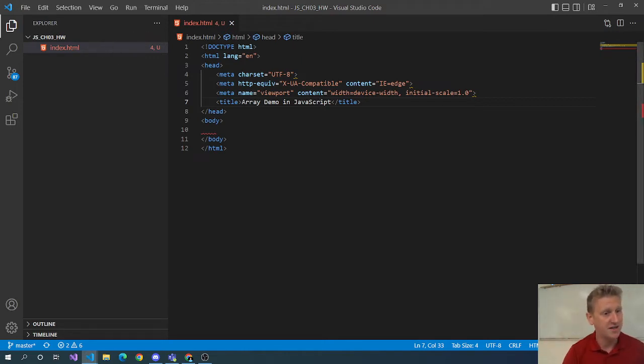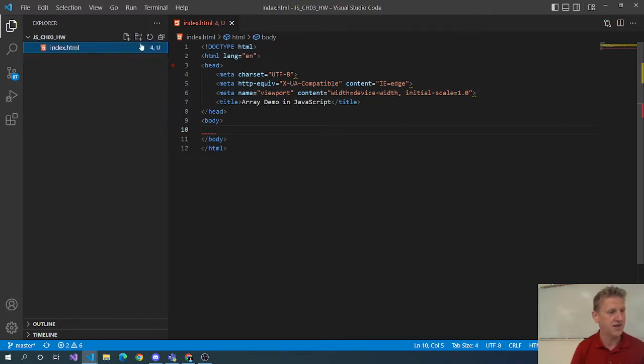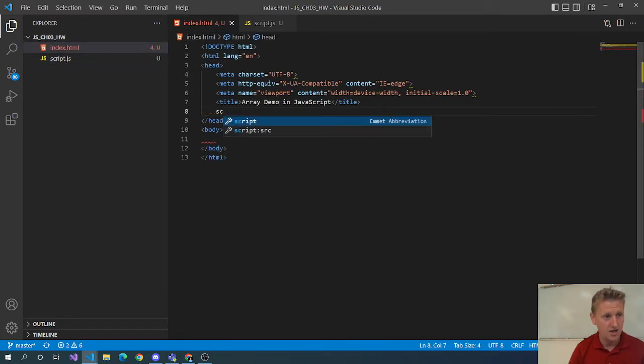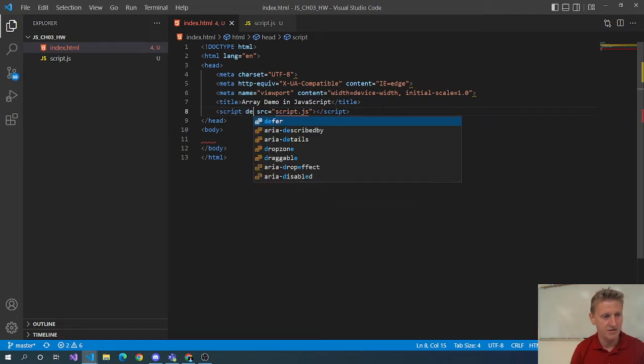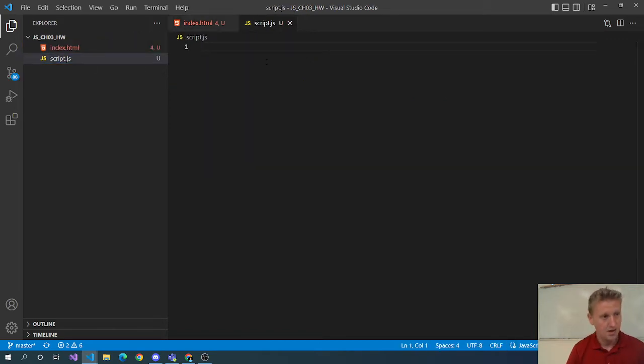And so to wire this up, all I have is an empty HTML page, and I'll go ahead and make a new file in Visual Studio called script.js. So I've got an external JavaScript file, and I'll go ahead and use the script tag to link to it, so a script with the source script.js. And we talked about the benefits of adding the defer attribute to that, and I always like to just